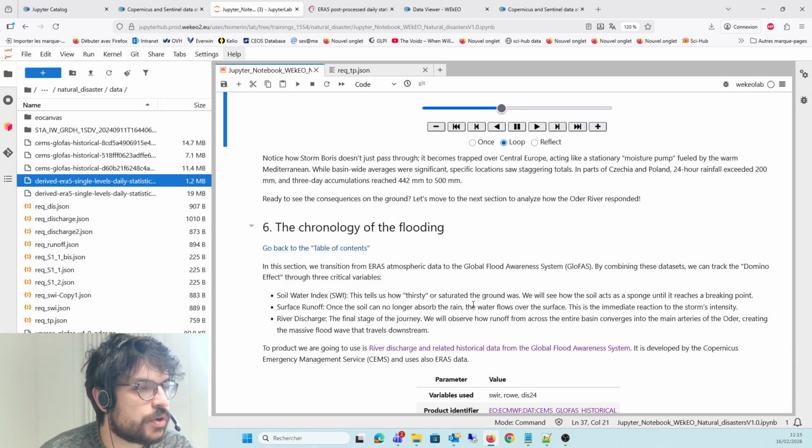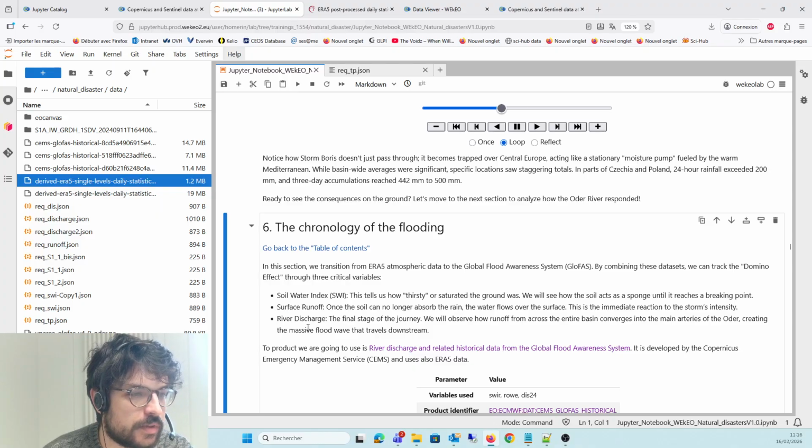We also use a surface runoff variable. This variable quantifies the flow of water over the surface of the land. And finally we also have a river discharge variable, which, as it indicates, shows how runoff has filled the basin and the arteries of the Oder.